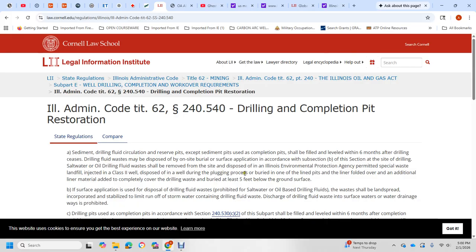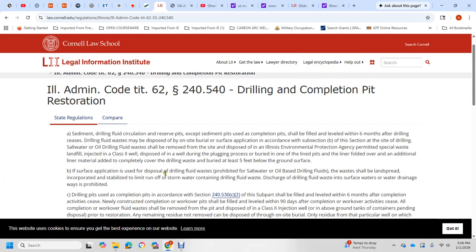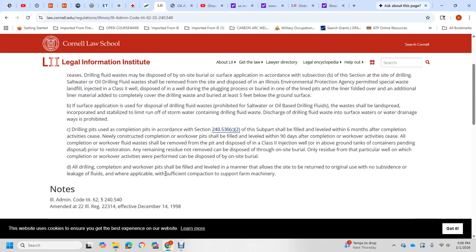Disposal of the well during the plugging process of the buried and lined pits, with the liner folded over, additional liner material added to complete coverage of the drilling waste of the barrier at least 5 feet of the ground surface. The surface application, even the disposal of the drilling fluid waste prohibited. Saltwater oil-based drilling fluids waste in the land strip of the incorporated stabilized, limited to run off storm water with the dam of the drilling fluid waste. The discharge of the drilling fluid waste to surface water and water drainage ways is